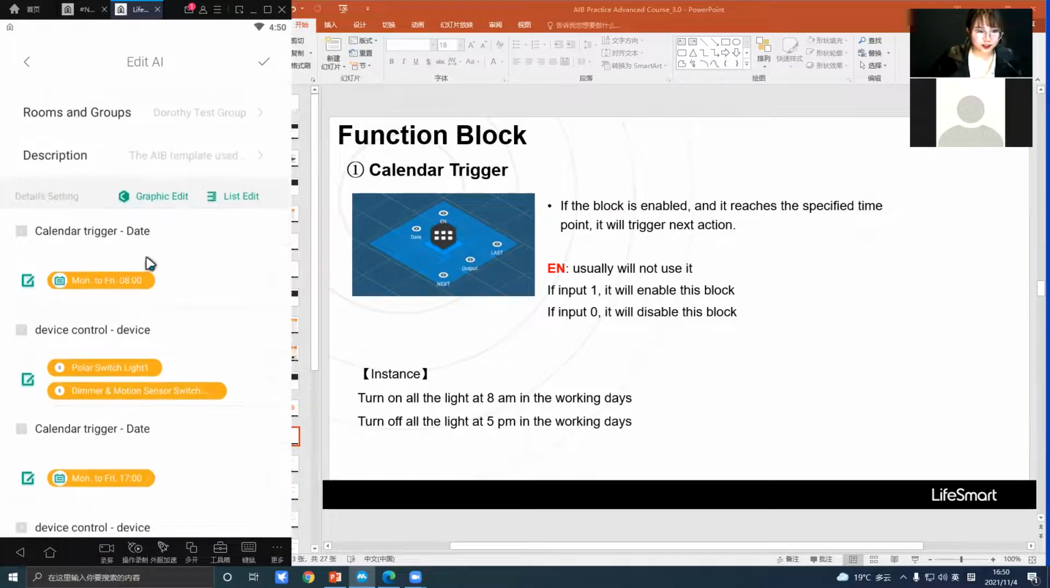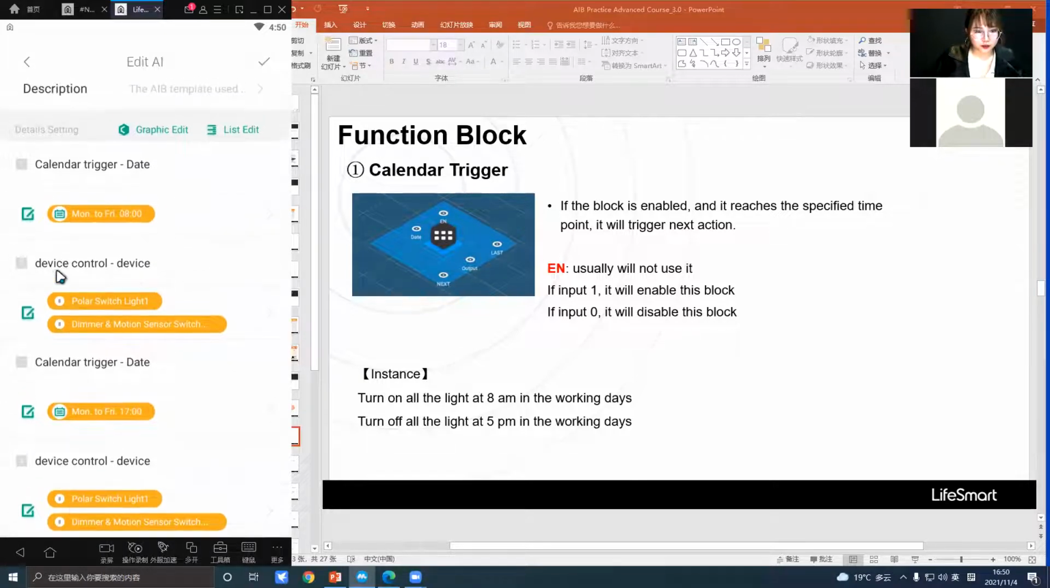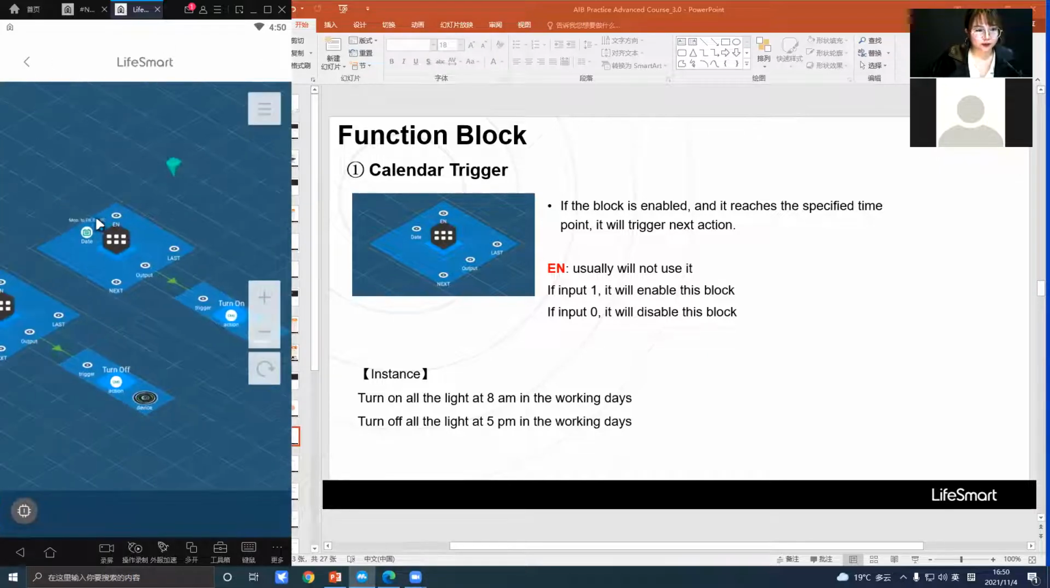The calendar trigger date, I choose Monday to Friday, 8 a.m. And to device to turn on the polar switch, and also Monday to Friday at 5 p.m. to turn off the polar switch light. And I haven't changed the text here. You can also change the text. For example,